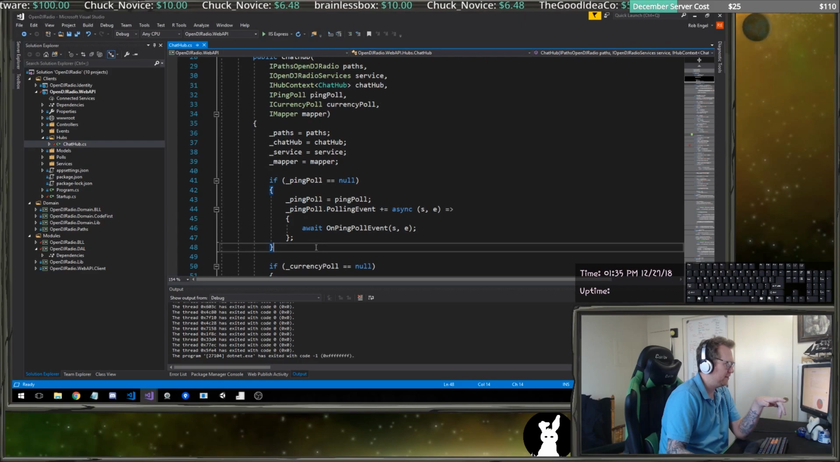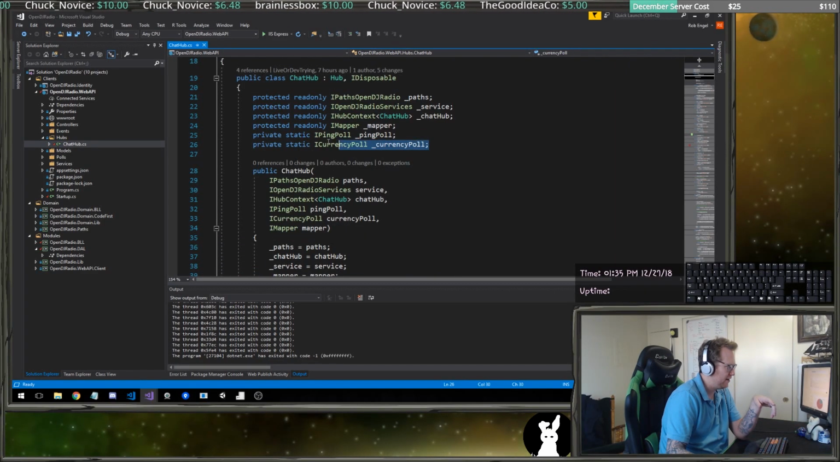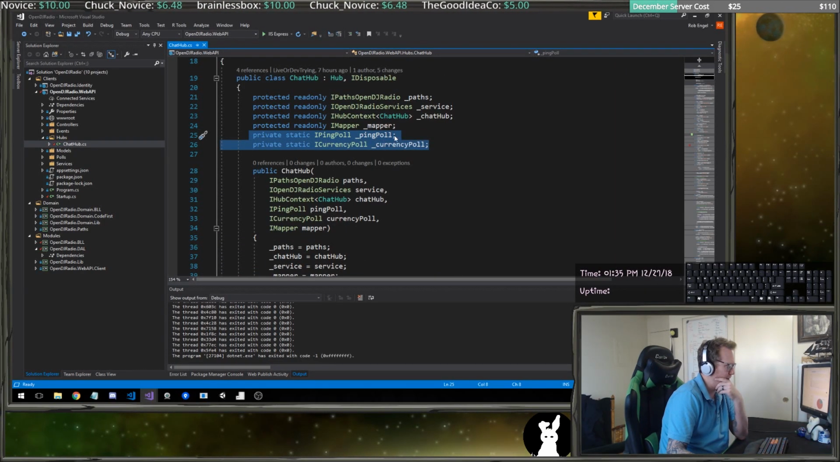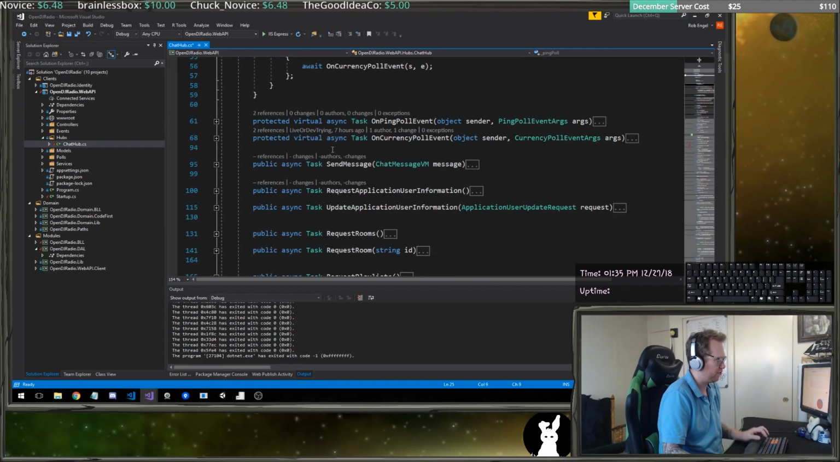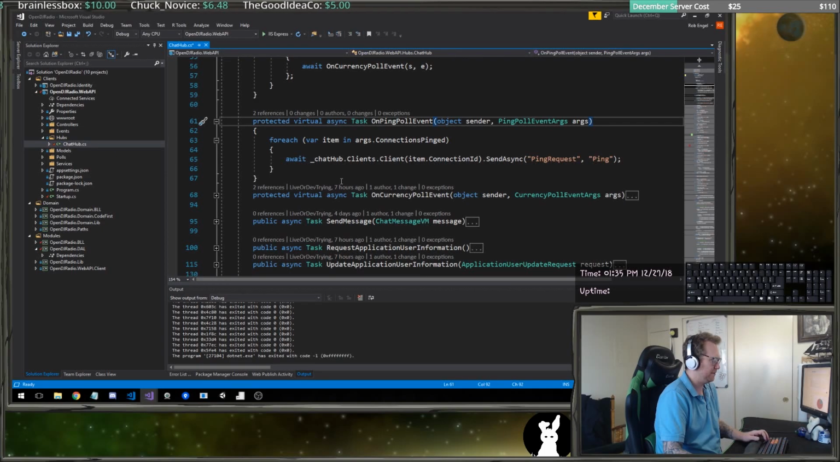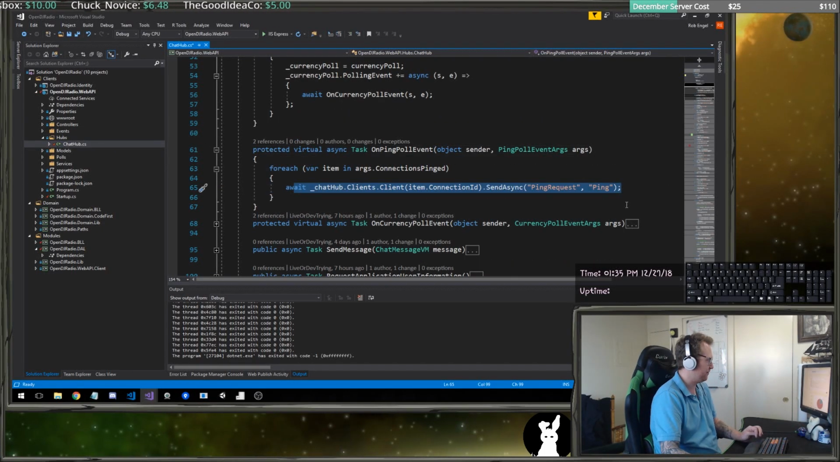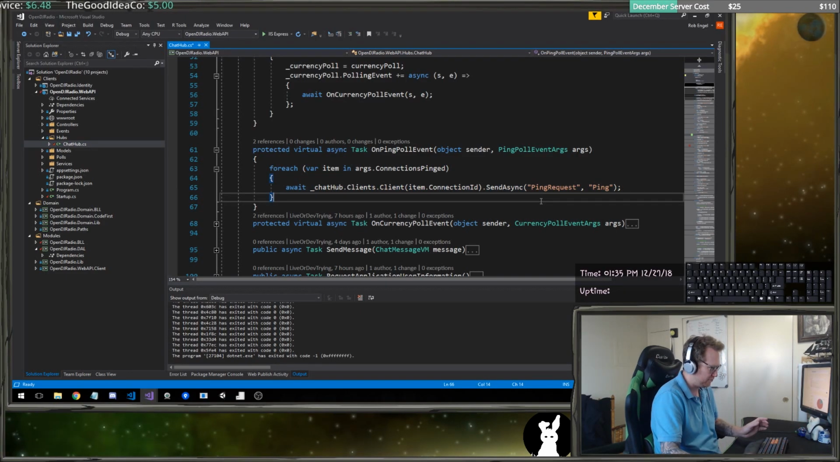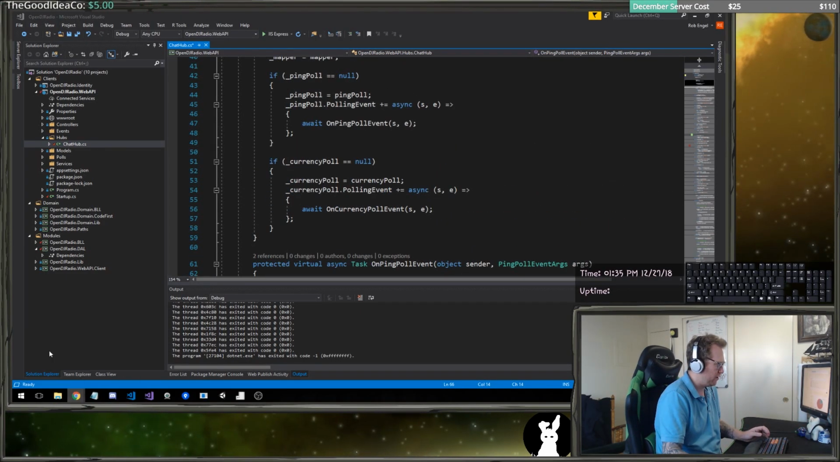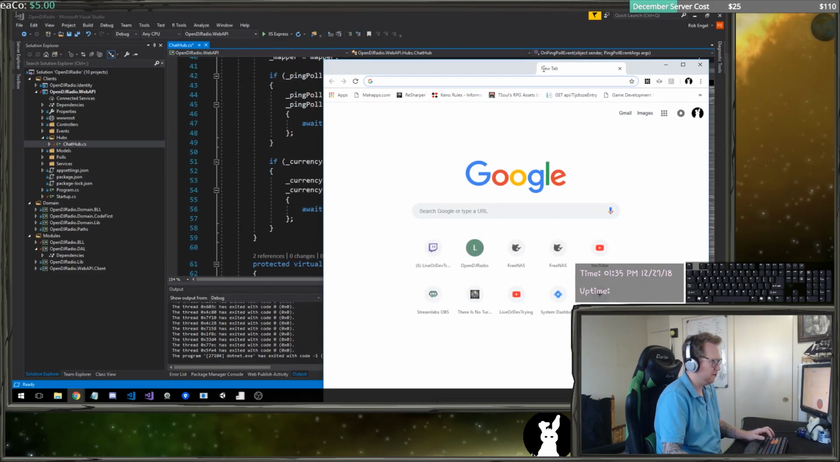So to correct this, I've made ping poll a static, and you can see private static ping poll, and the currency poll is a static. And so that way I'm only subscribing it one time. And since I'm injecting the context into itself, I'm able to use it on the events. This works. Now I wanted to check one thing, which was if I look at my,